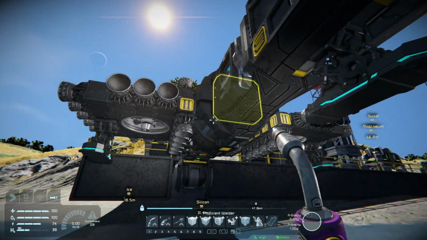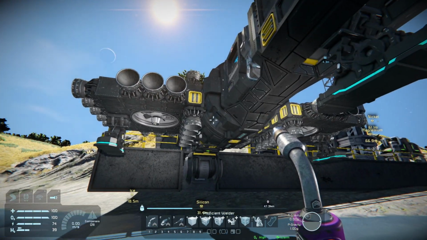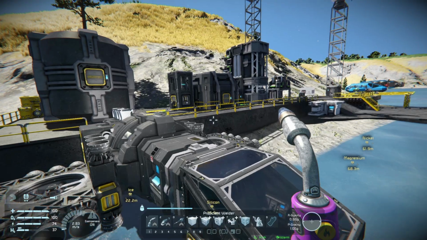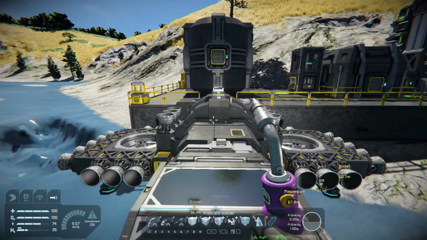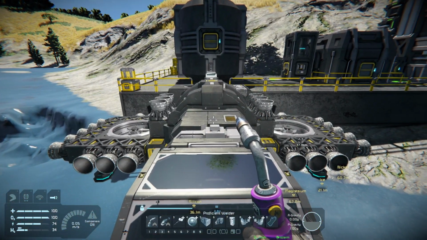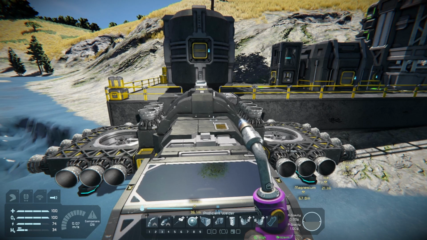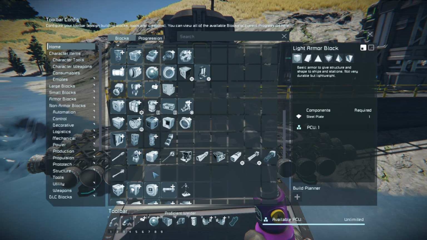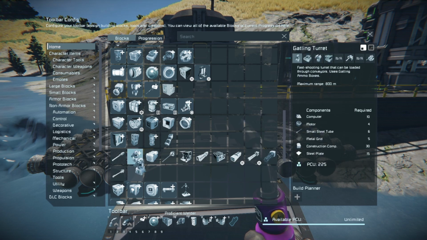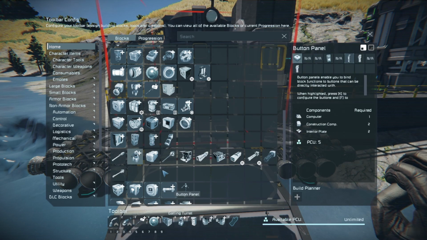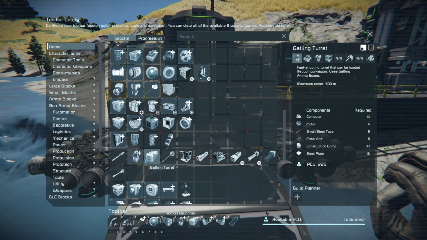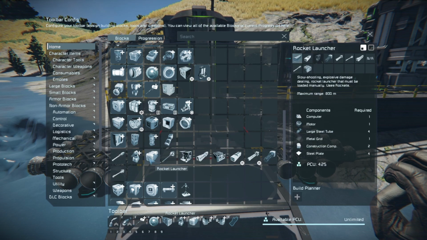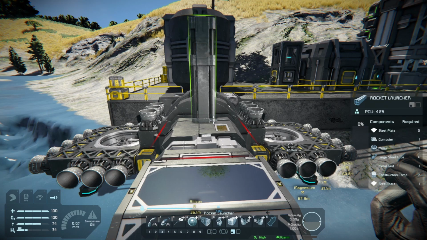Okay, so what I was thinking was space can be dangerous. So how about we put some armaments on here as well? I'm not going to get too carried away, but we need to potentially shoot at stuff if it's chasing us. So let's look in the toolbar, and there are turrets. I'll load them up. I'm not really going to go too far into warfare today, I don't think, but these are the two categories, turrets and rocket launchers, which are fixed. So first of all, the turrets,